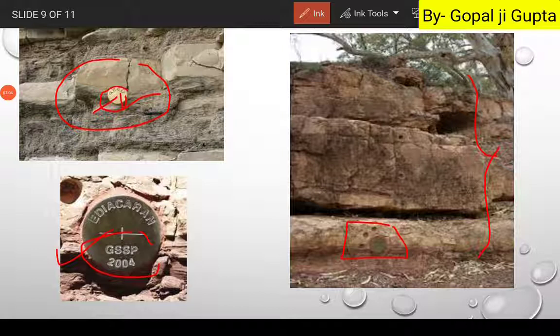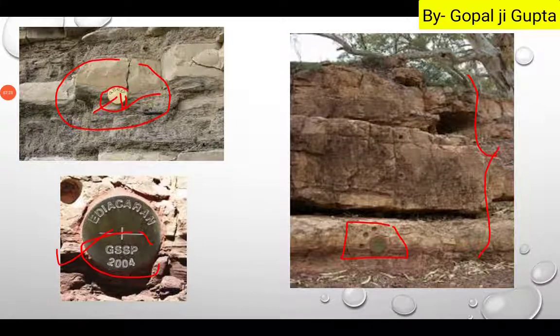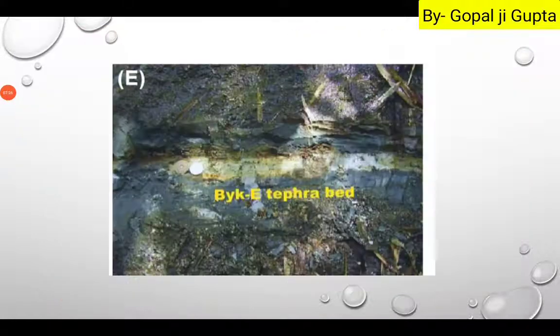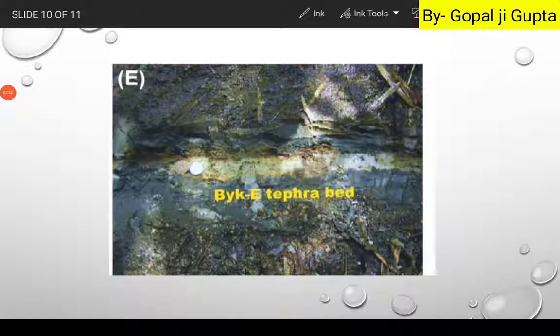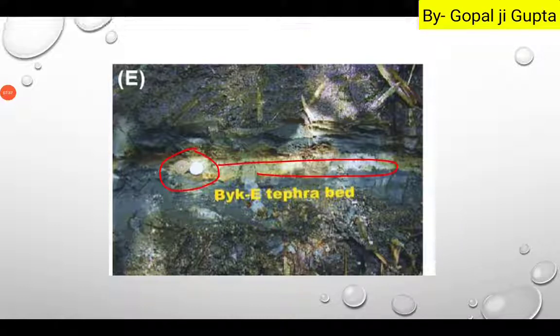Now these are also useful whenever you go to the field for your research purpose. You have to first find out the stratotype. Whatever section is there, you have to find out the stratotype or the reference bed, then you will go towards your reference bed, okay, with respect to that. Another example, which I have already shown, belongs to Japan. So this is the reference bed, okay, this white one, and here is a golden spike marker.